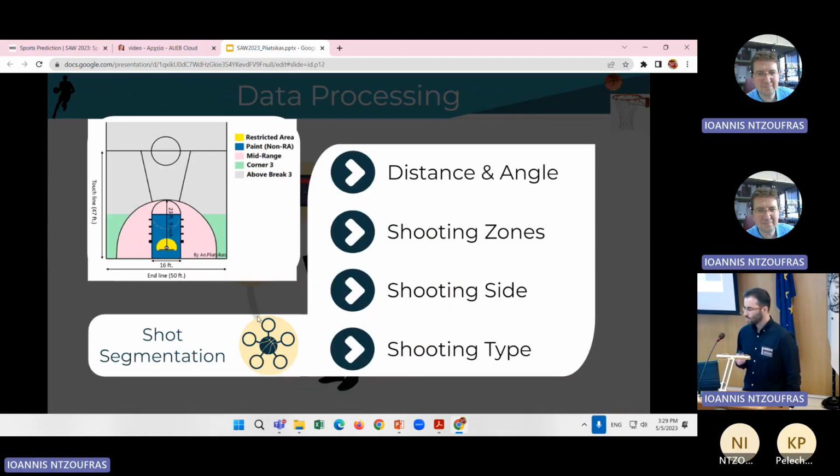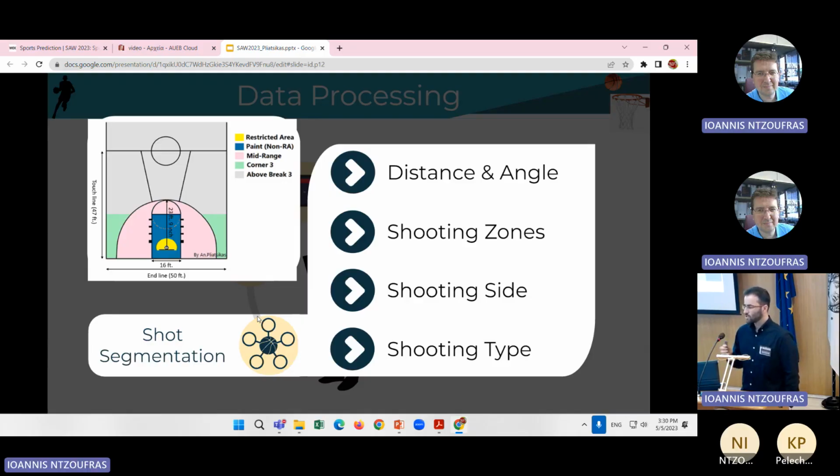First, we begin with the shot location and shot type segmentation. Using the X and Y provided coordinates, we computed the shooting distance and the angle of the shooter position, which enabled us to divide the court into multiple shooting zones. In our analysis, we have split the court into 5 main shooting zones, as illustrated in the figure on the left. We also distinguish shot location between left, center, or right side of the court.